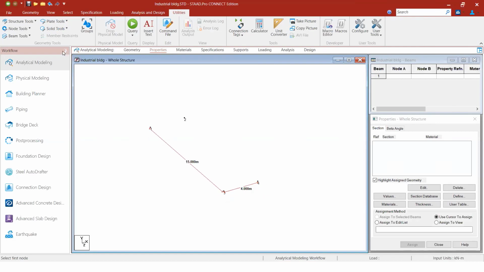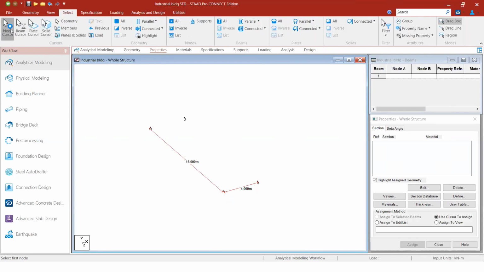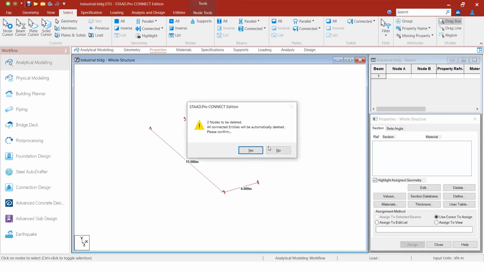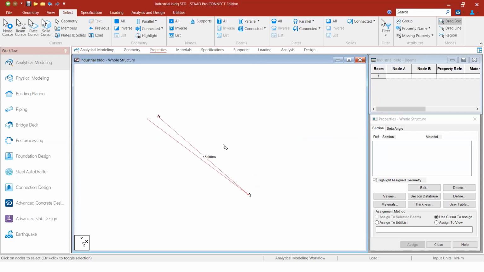Something happened there, so I'm just selecting the node and going to delete it because we want a 5-meter spacing, right?